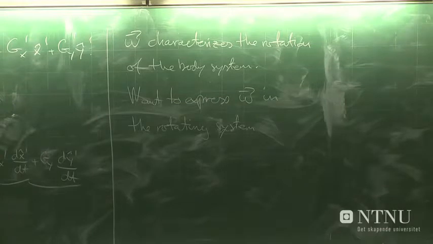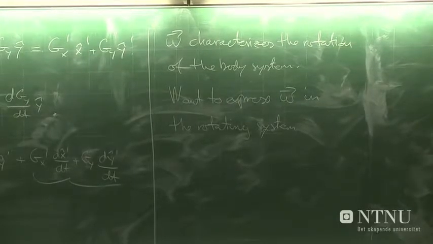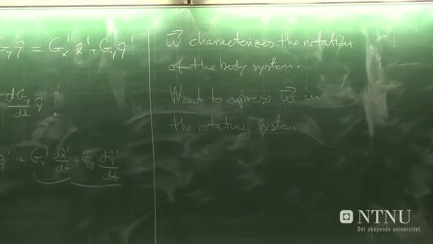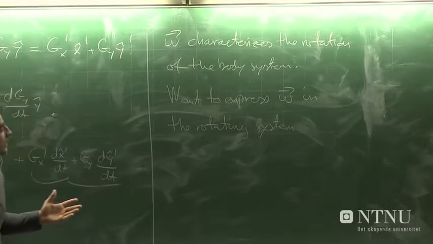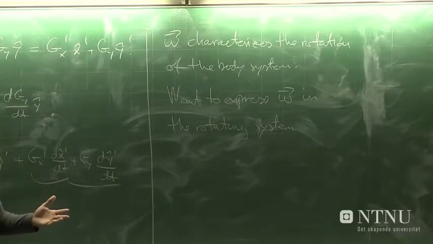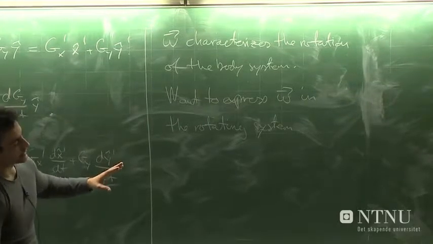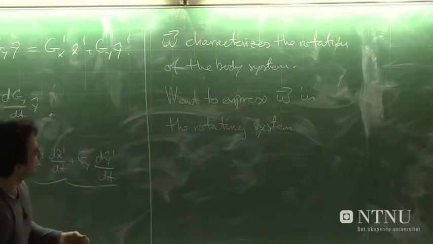Now, there's an important conceptual pitfall related to this. Because if you're an observer positioned in the rotating system, what kind of angular velocity do you see? Zero, right? So then one could say, well, what's the meaning of this? How can we express omega in the rotating system? It should be zero. Well, there's a difference between what kind of angular velocity an observer in the system would see and